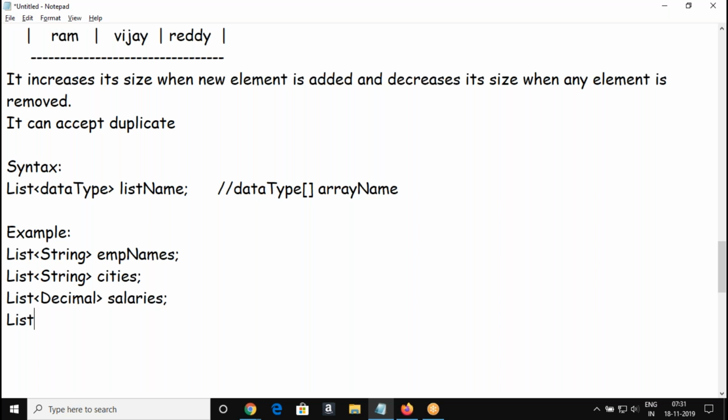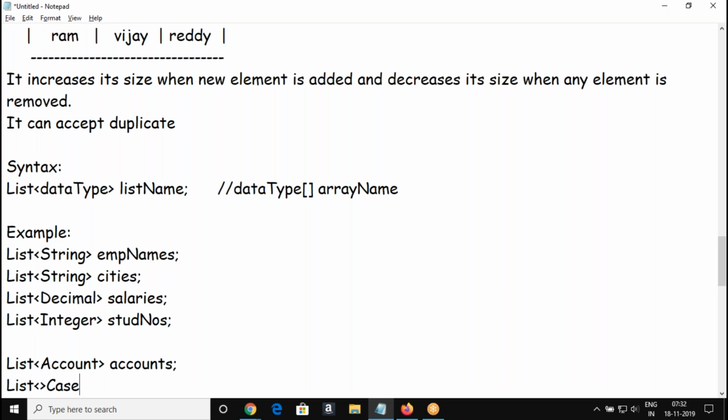Salaries. Student numbers, etc. So what is this? List of accounts.